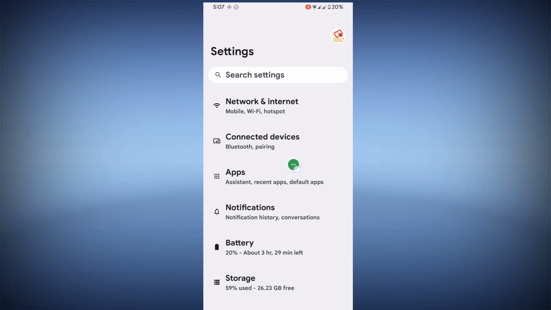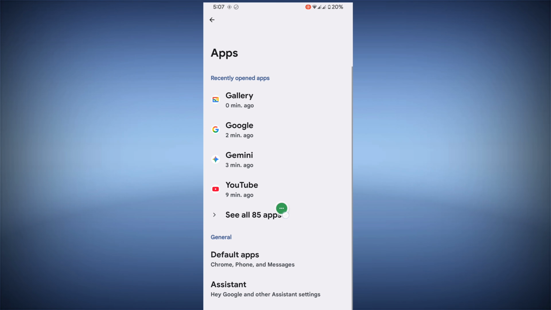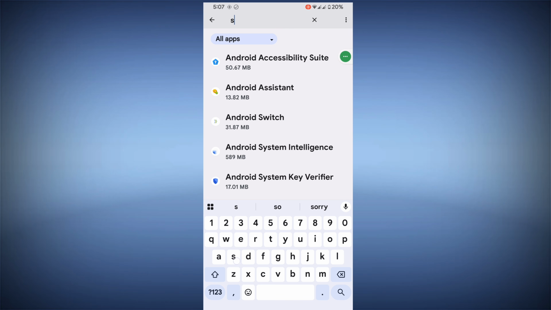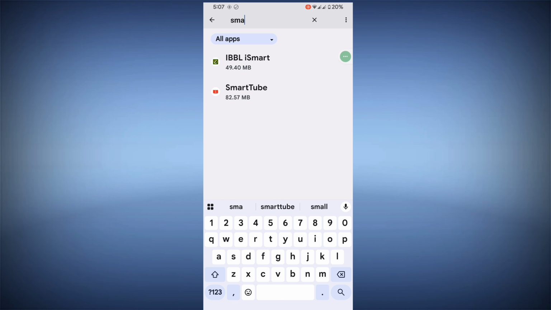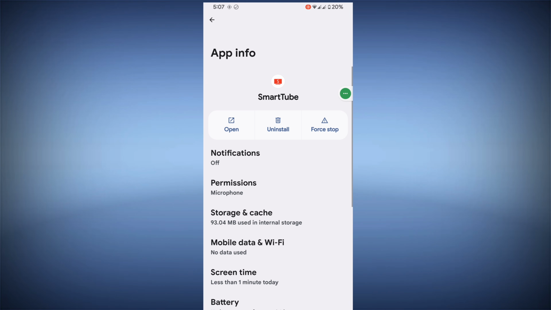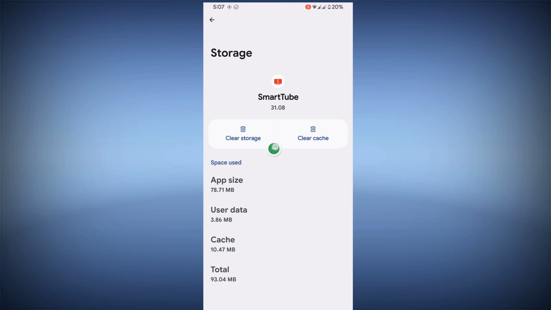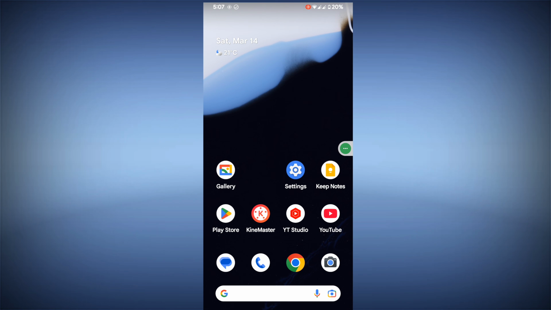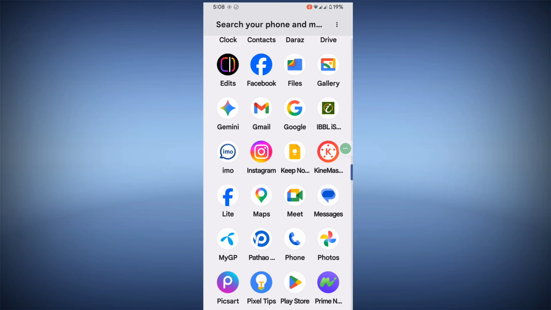then go to apps, application management, then go to see all apps. Now search for SmartTube, click on SmartTube, click on force stop, click on OK. Now click on storage and cache, clear storage, then delete. Now open SmartTube. Now I hope that this method fixes SmartTube error code